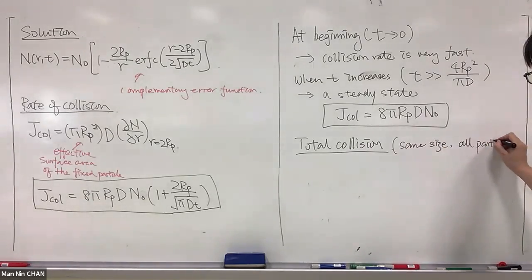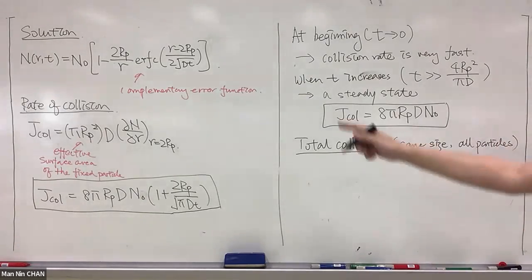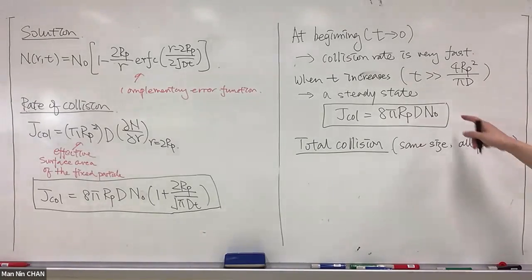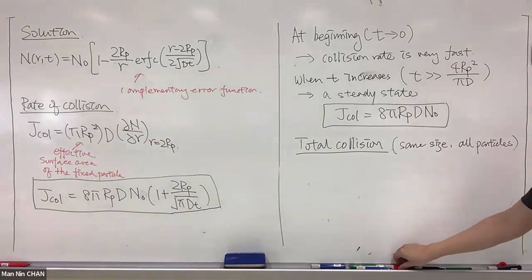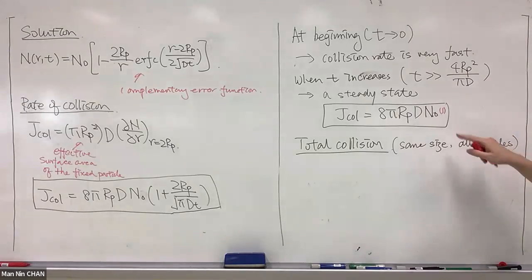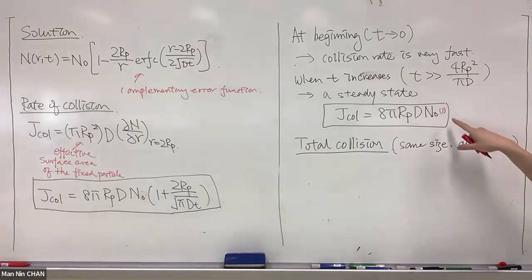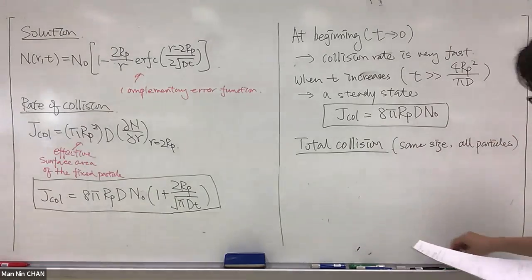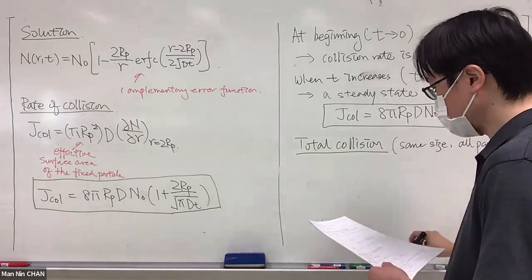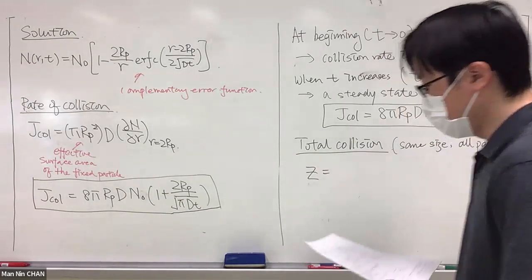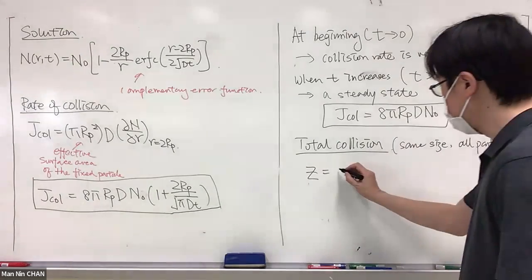And now we want to look at all the particles. Because now we're just looking at one particle, we want to look at all particles. One way to do this is, implicitly, this is just for one particle here. So if you want to look at all the particles, you just multiply by the total number of particles you will have. Therefore, if you want to look at the total collision, say C here, you just